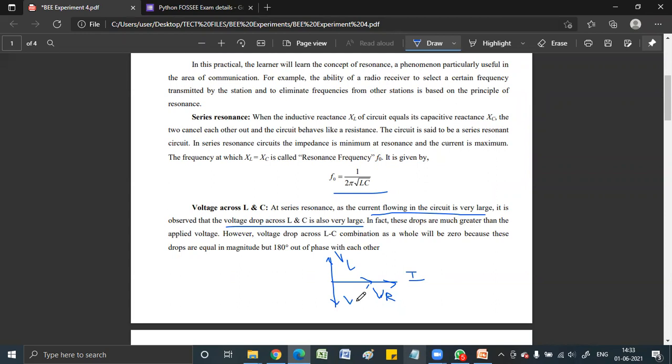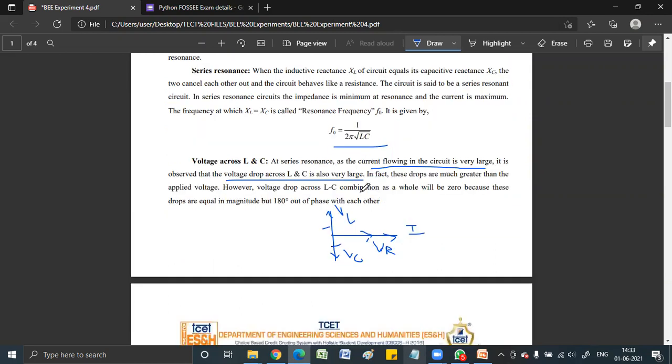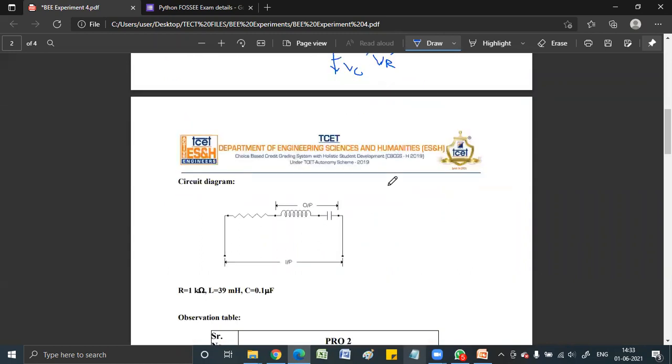So when you consider you are at series resonance and at the resonant frequency, this VL will be equal to VC. Both are in opposite direction, that is, in magnitude they are equal and 180-degree out of phase, and hence they'll cancel out each other, right? So what is left in the circuit at series resonance? VR. Yes. So you only have the resistor that is acting in the picture, right? So you only have one R in the circuit. It is as good as you just have a resistor in the circuit at series resonance.